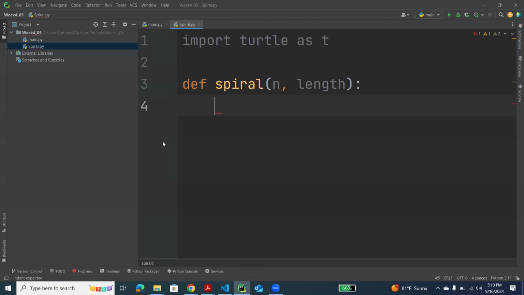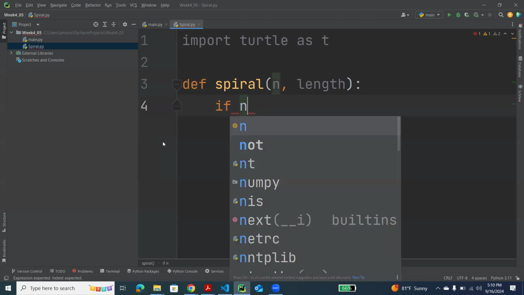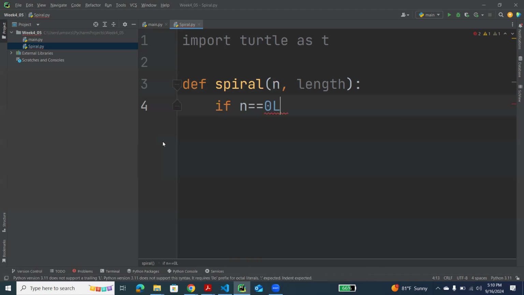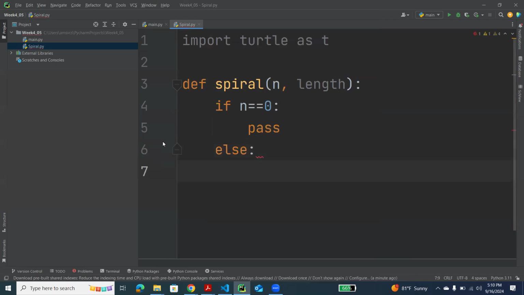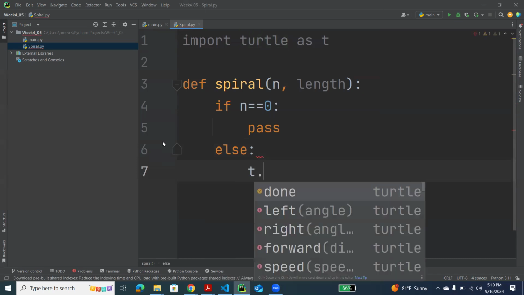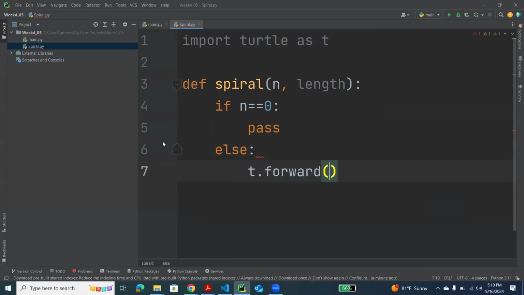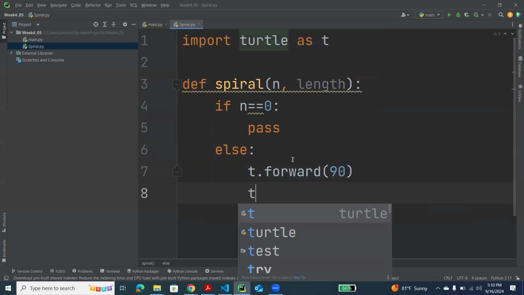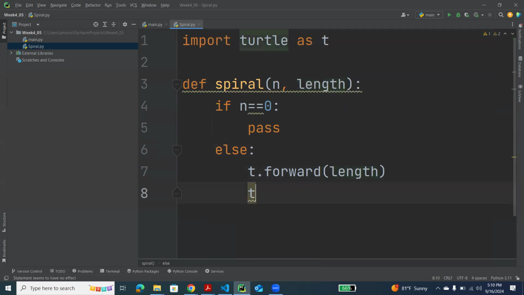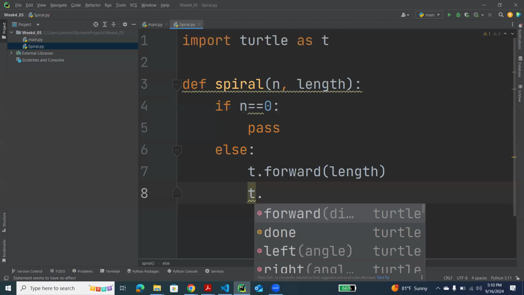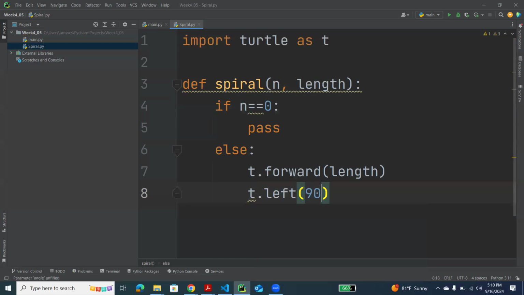Because what we did last time, we did if n equals 0, then pass, else turtle forward by length. Then, for example, left by 90. And then we call our function again